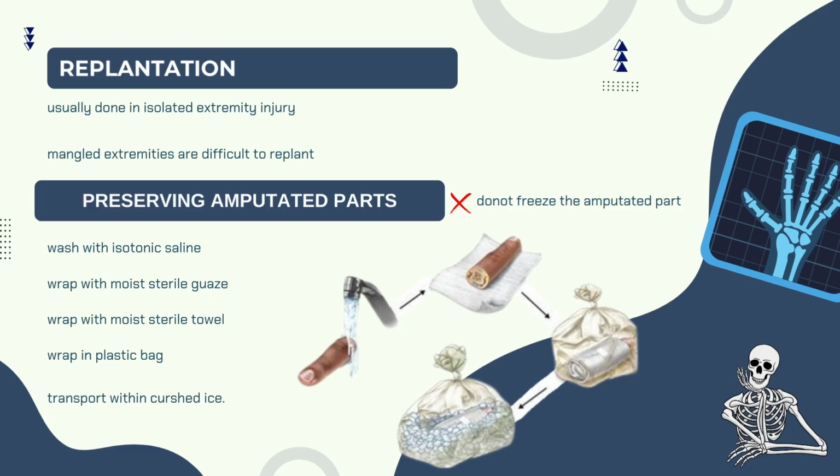This mistake has been noted most of the time in pre-hospital care, where they directly put the amputated part in an ice pack and get it to the hospital and claim that it is viable. But it is really difficult to make them understand that this is not the way to preserve a limb. That's why I'm stressing on this point. Follow the exact steps which are shown in the figure so that you can have a viable limb reaching the